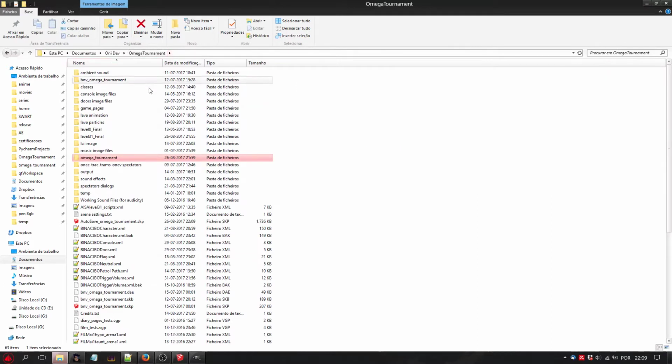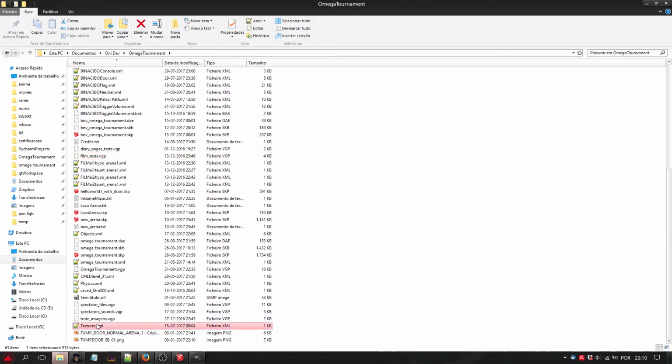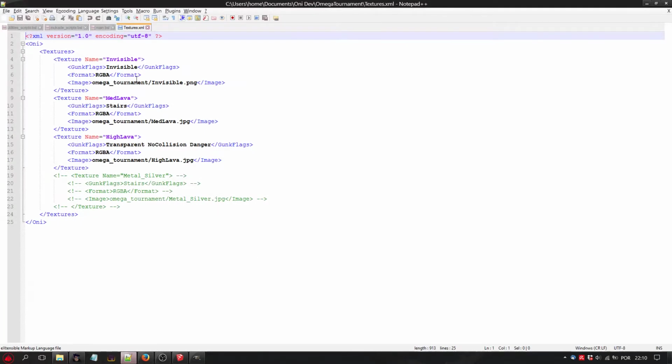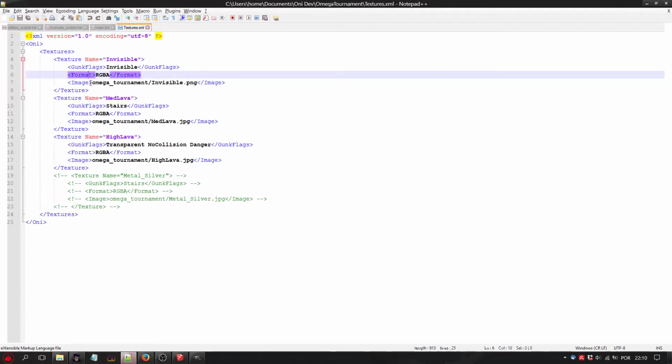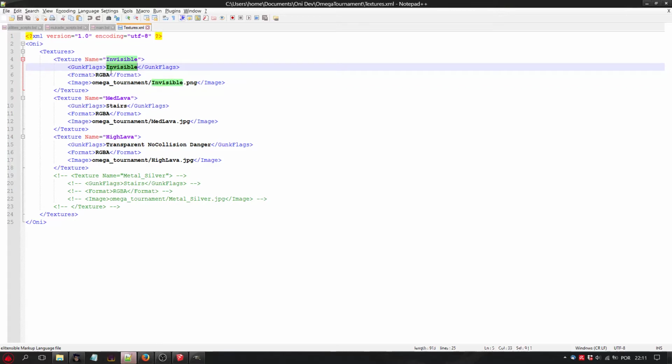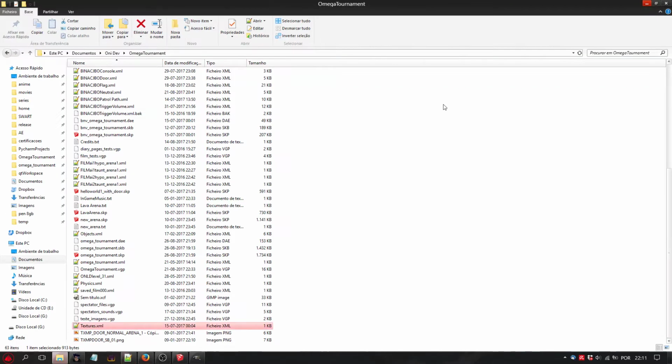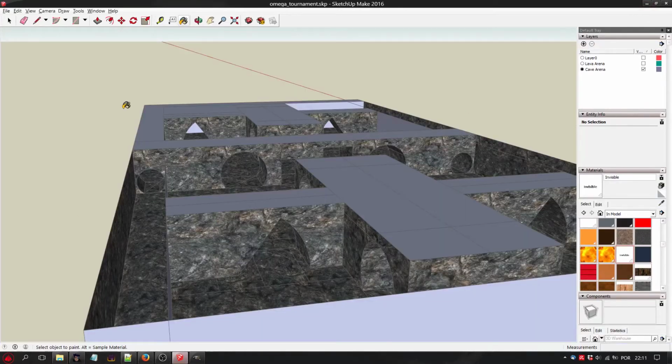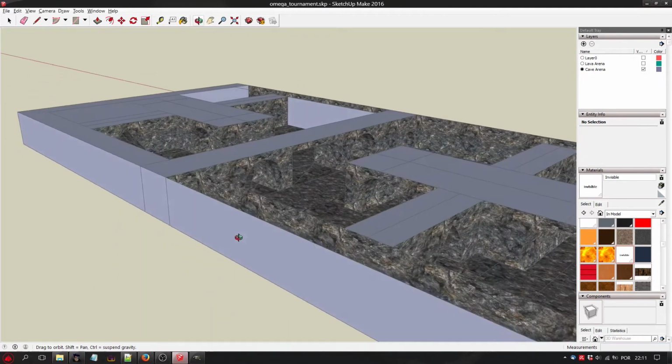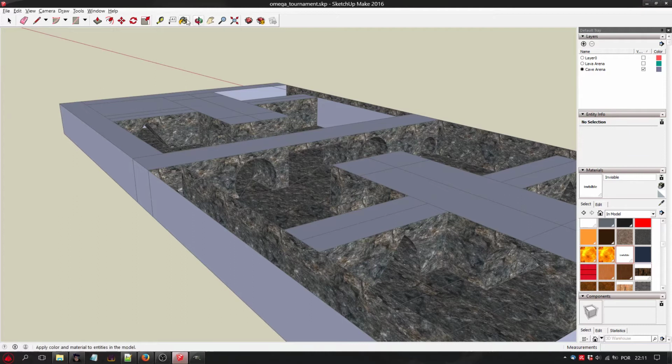But to make the game use this texture as invisible, you need to edit this file right here, textures, and add this flag right here, invisible, so it actually will turn your texture invisible. So now let's paint these walls with this texture.